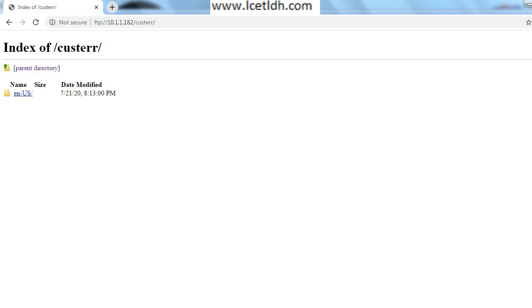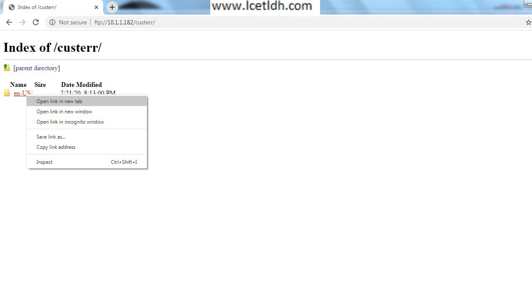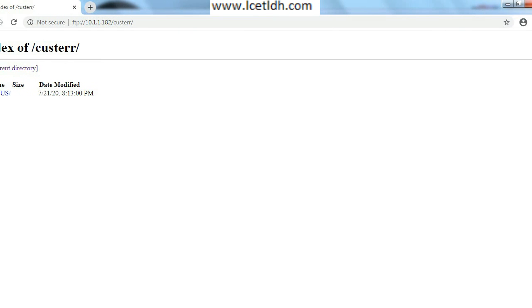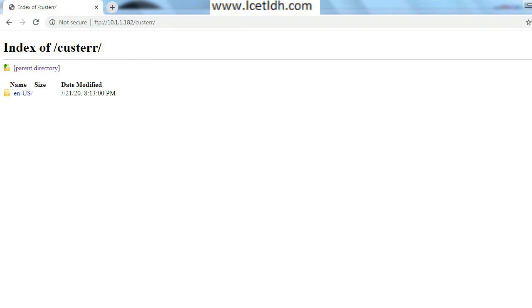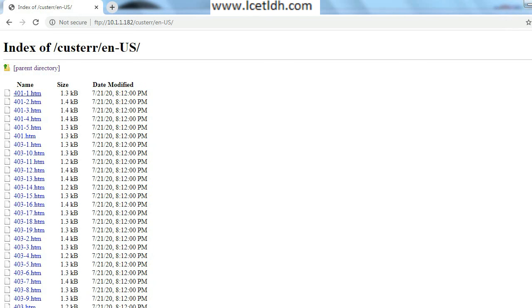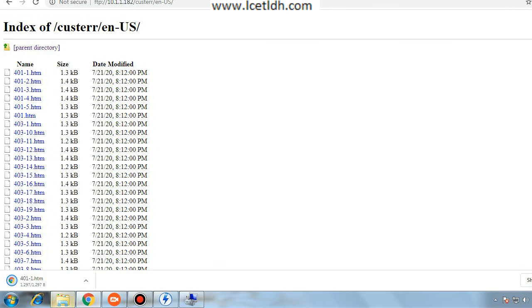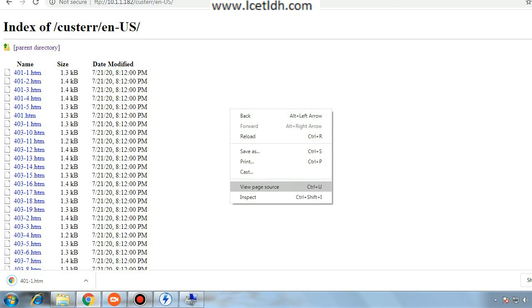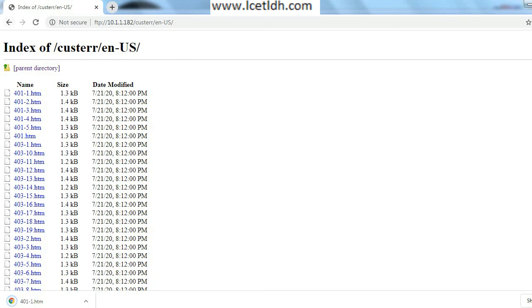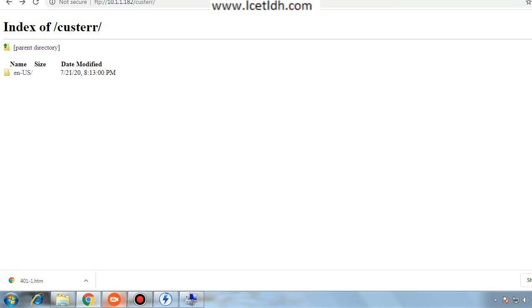Let's suppose I want to download this particular file, so I'll go into it. I'll click onto this particular file and I'll try to download some file. You can see after some time your file will be downloaded. So in this way you can only read those files, but you can't add on or you can't change anything onto it because write permission is not given.